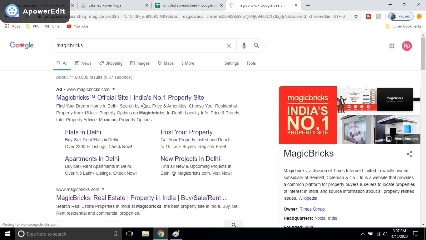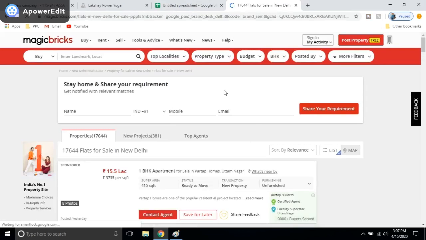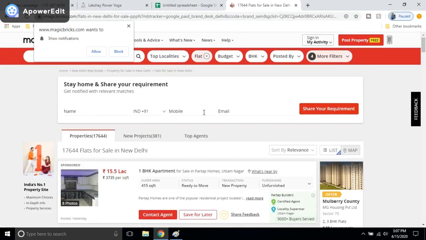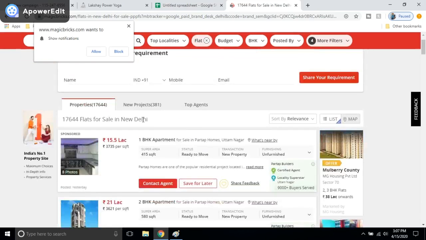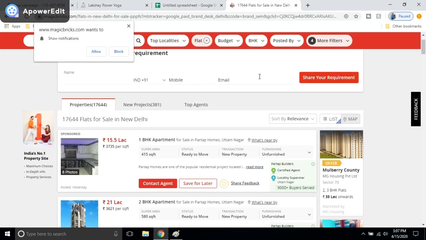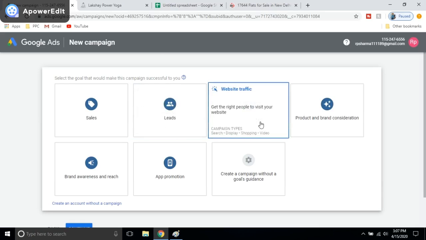Now we click on their ads and then here they ask for the information: name, mobile and email address. So these are the lead generation goals. In these goals a user submits their queries, their phone number and email address to the advertiser. So these are the goals which are leads.